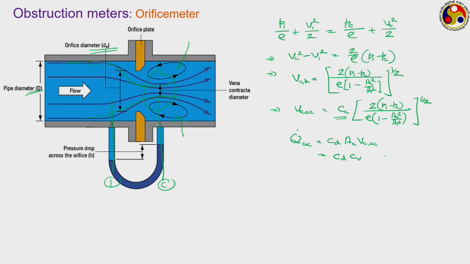Cd, Cv, here it should have been Cv actually, the coefficient of velocity, into Ac into root over 2 into P1 minus Pc by rho into 1 minus Ac square by A1 square whole to the power half. And quite often we combine all these terms into just a single parameter C, giving us C into